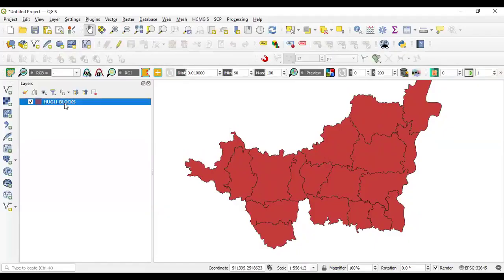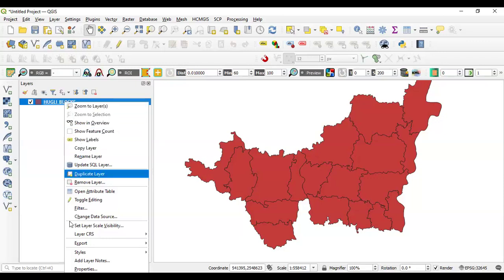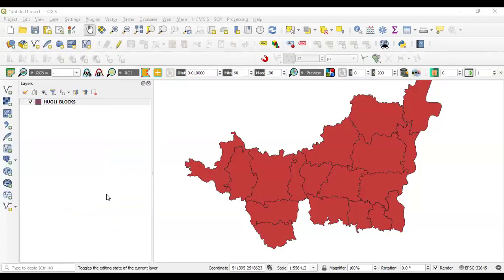And if you right click on this particular layer, then a lot of options are available over here. So if you go to open attribute table, then you can see that different attributes are mentioned. So this is the object ID, and the district name is available here, block name and serial number. If you want to add,